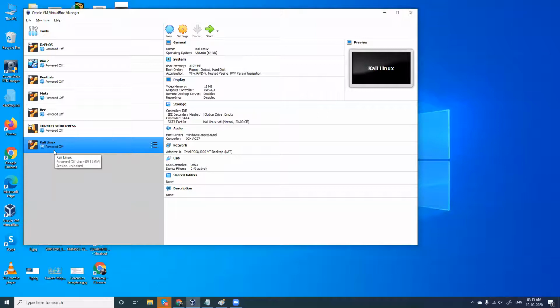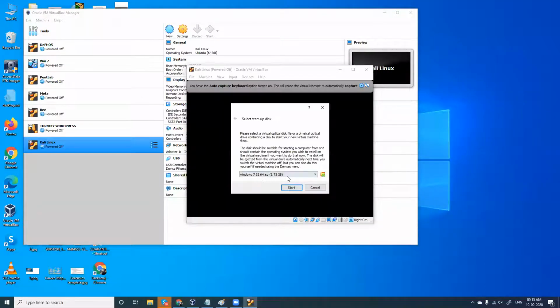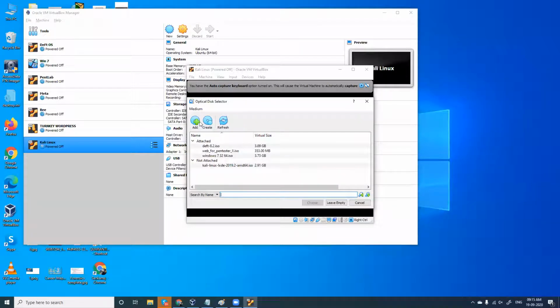Now the Kali Linux ISO is already shared with you in the drive, so you can download that. Click this start icon here. When you click start, it is going to ask you for the ISO file. Click this icon for browse, and when I click this, I'm going to click add.